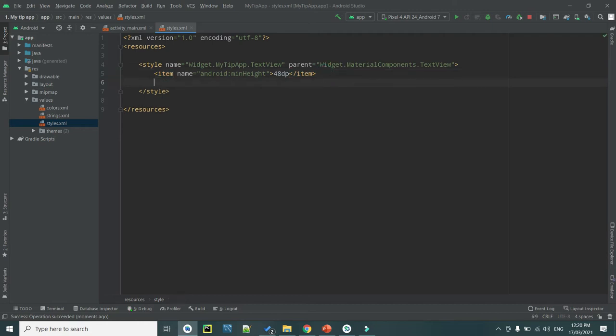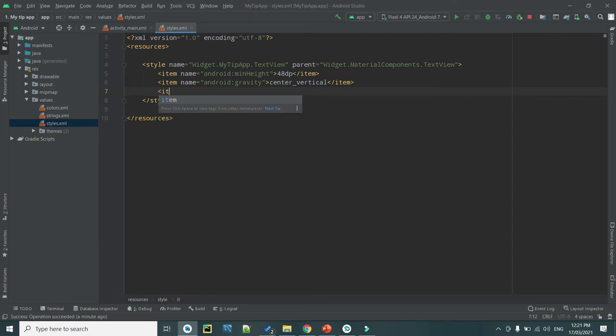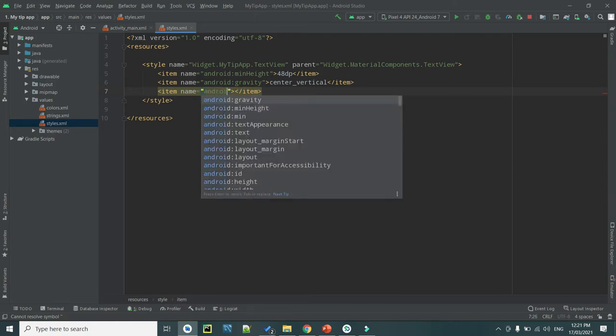Then come below, the second item, just give another item to it. And the name for that one will be gravity, and it will be center vertical. And they are optional, they could be however you want them to look. Then we need a third item, and the name will be android